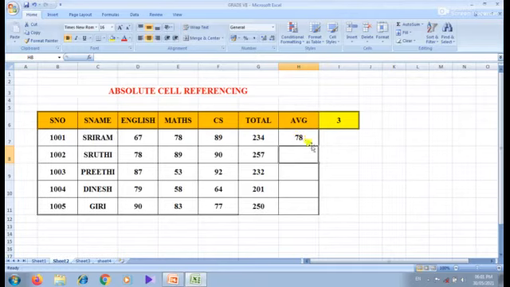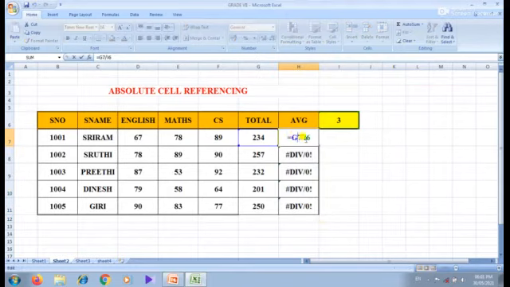Okay, so next what are we going to do? I am going to copy this to all the cells. What will happen? I did not get the average of the remaining students. Why? Because see here the cell reference is G7 divided by I6.